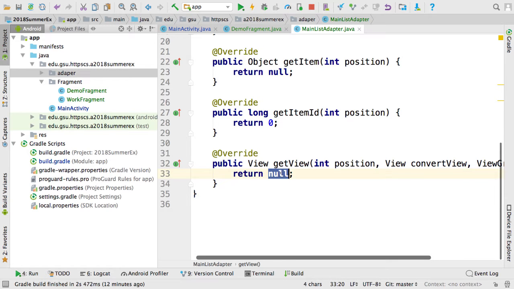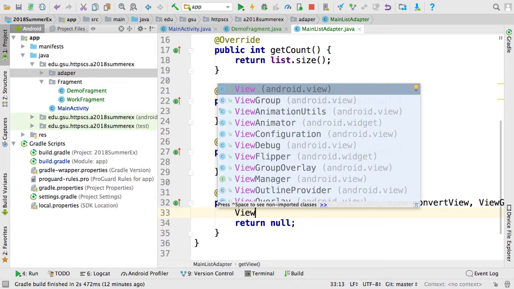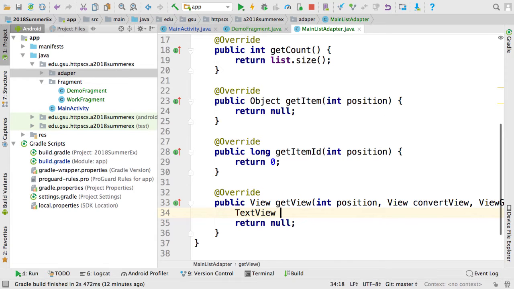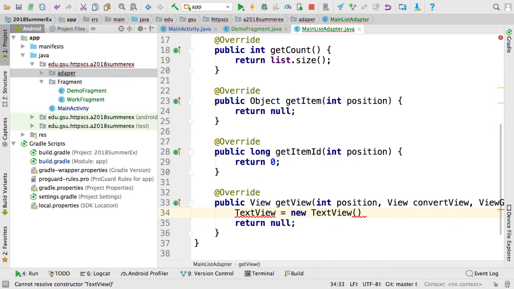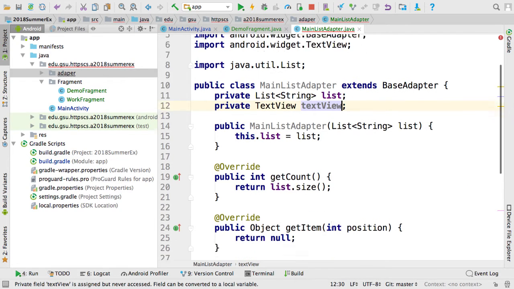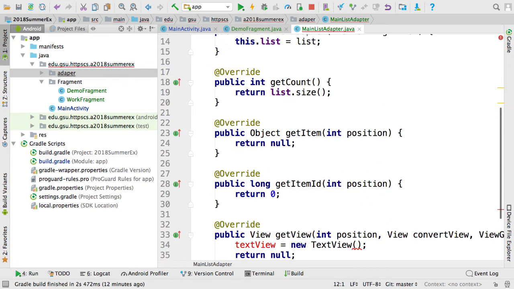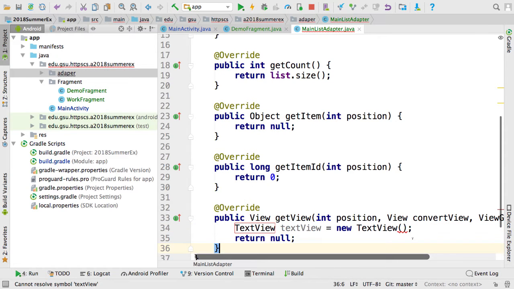And let's return an empty view, a text view equal to new text view. And this text view is a local variable text view. Then,